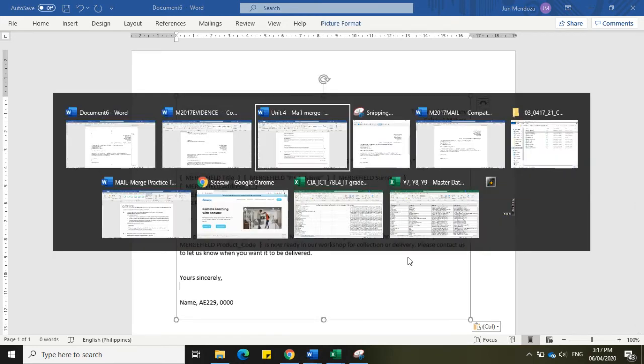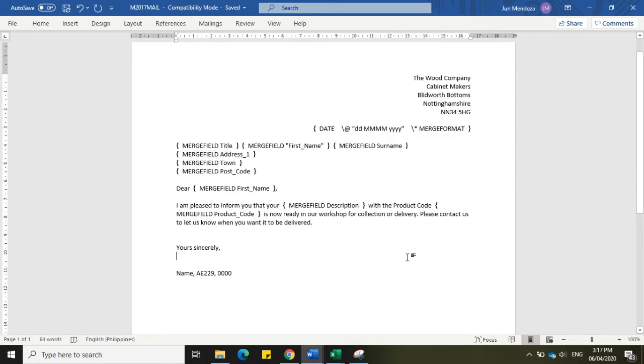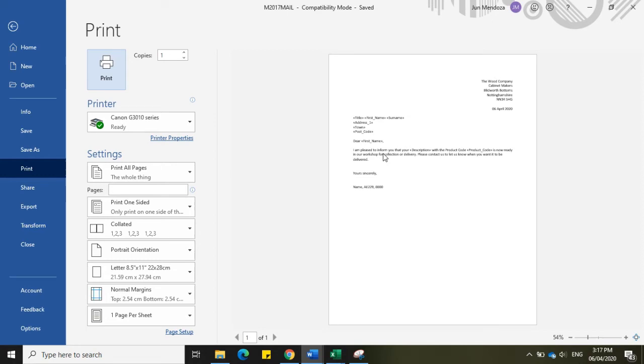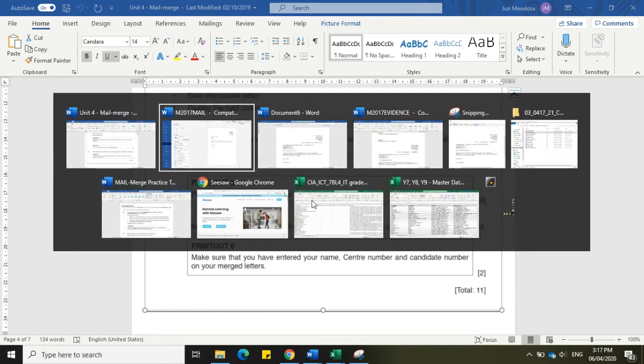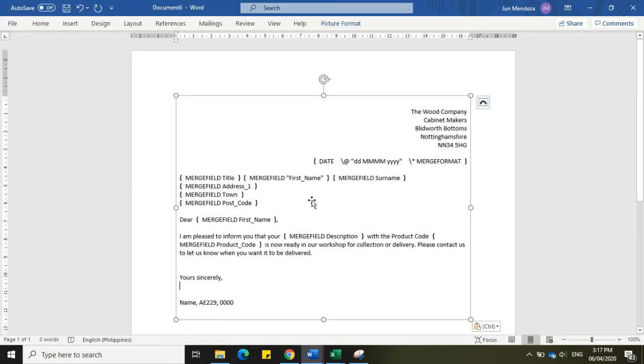Because every time we print from our master document, let's say this one, we file print, you will notice that the output will not show the merge field. So based on the instruction, when you print, you should show your merge field. Okay, showing the merge field display. So that's the reason why we need to show the merge field like this. Okay, because that is part of our